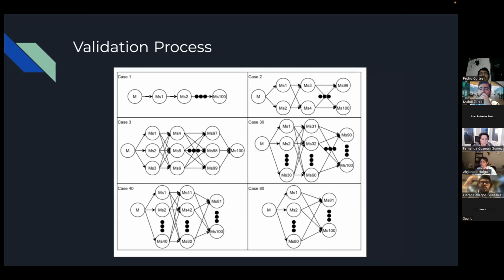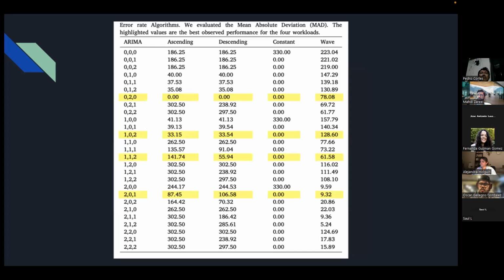And what they do is they test it in 4 different ways. An incremental way, which assumes that you are getting more users. A decreasing way, a constant way, where there is no movement, and a wave, which is like a sinusoidal test scenario where your users are going up, and then they will decrease and come back. So they tested it this way, and based on these values, in all these tests, what they